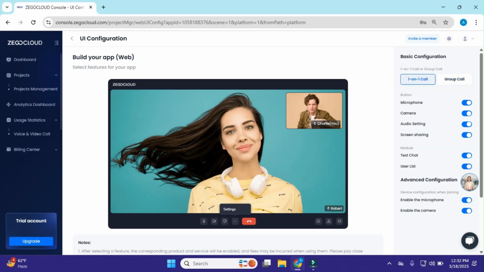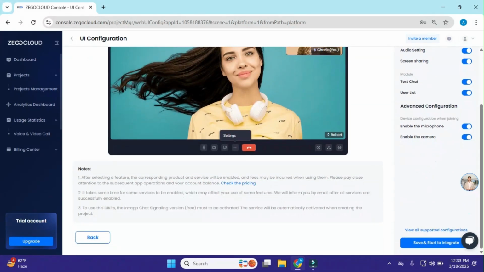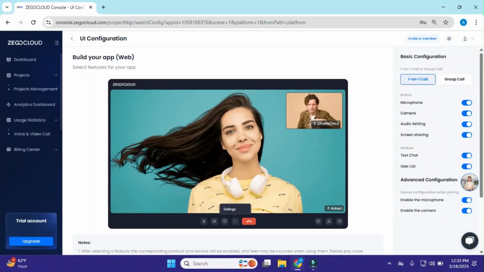If you need to, we can also change it here and add features, camera settings and microphone, each and everything. We can enable the camera and the microphone, and the functionality that we want or exclude, we can do.